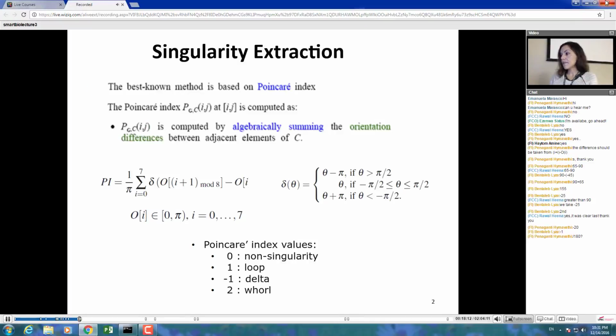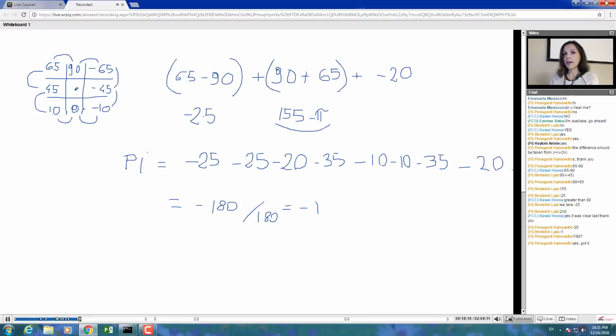So we have minus 1, and we can detect a singularity. We also know, given this method, that it's data in this method. There is another